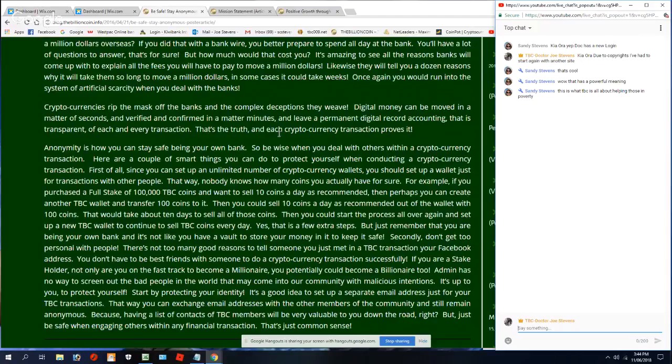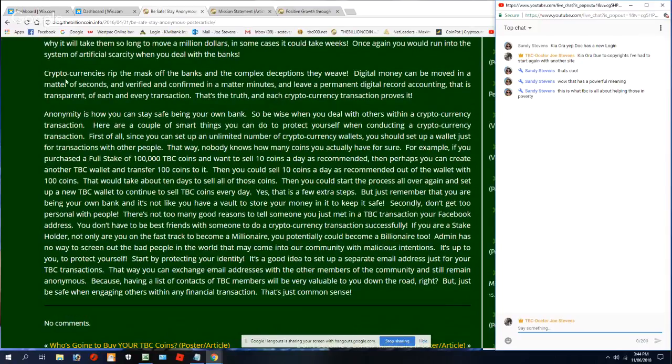Cryptocurrencies rip the mask off the banks and the complex deceptions that they weave. Digital money can be moved in a matter of seconds, verified and confirmed in a matter of minutes, and leaves a permanent digital record, a transparent accounting of each and every transaction.